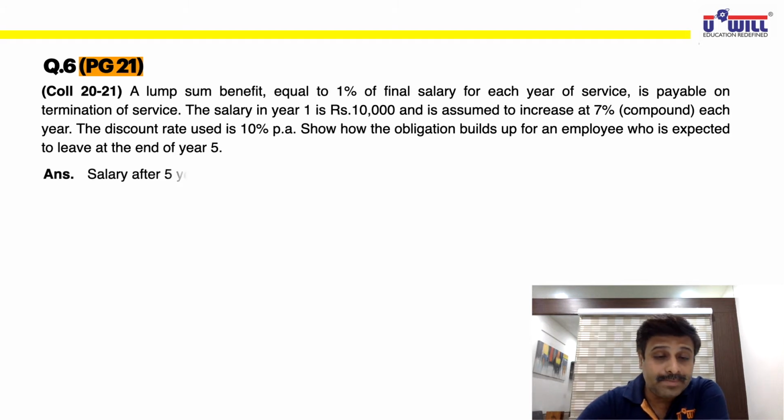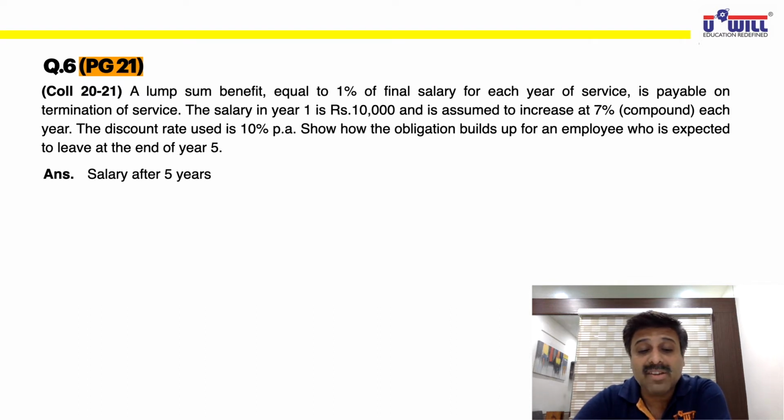Write down. What will be his salary first of all after 5 years? Right now he is earning 10,000 rupees. So what will be his salary after 5 years? Now you have studied this in time value of money in the last semester. If you have that time value of money tables, you can take out those tables to solve this example, or else you will get it from the branch. You can come and collect from the branch the time value of money tables.